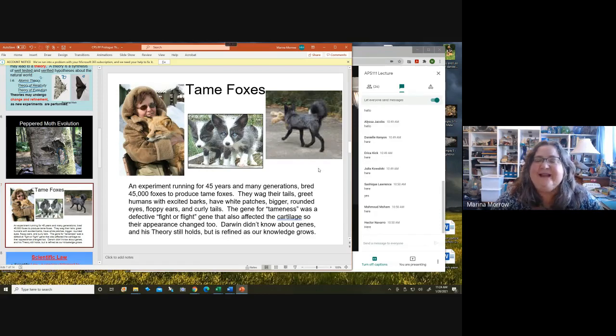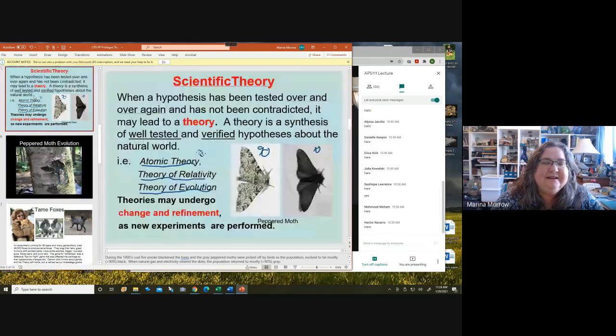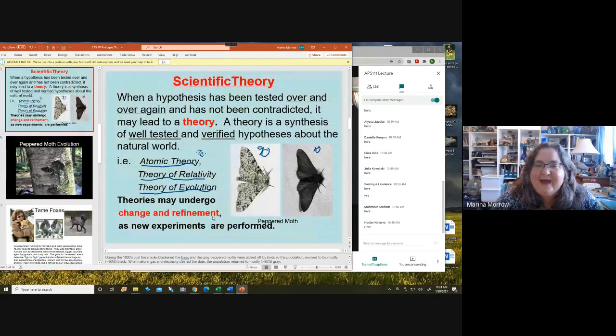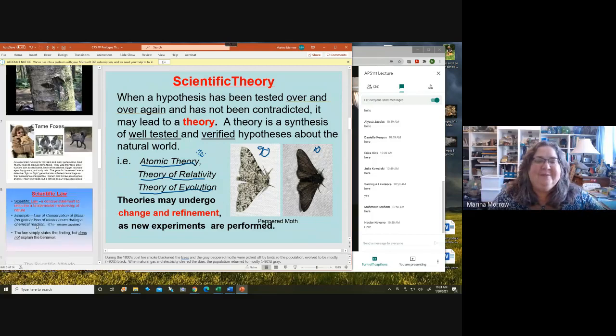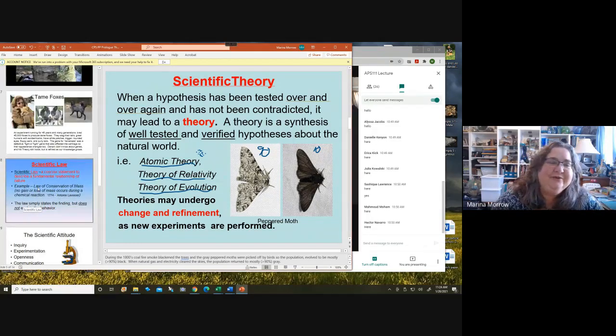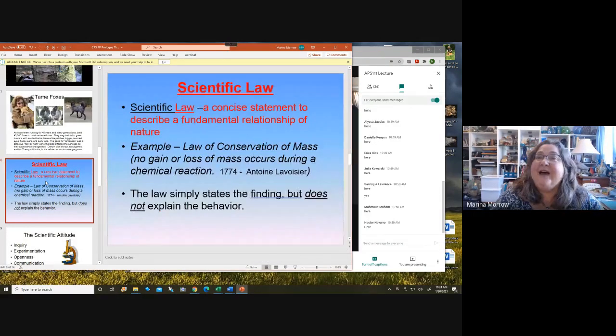So this is the idea, that over the years, as we learn more about genetics, we can change and refine the theory of evolution. Or the theory of relativity or the atomic theory. Things can change a little bit, but that doesn't mean it's been disproved. It just means we can refine it. We know more. So we've covered hypothesis, we've covered theory,